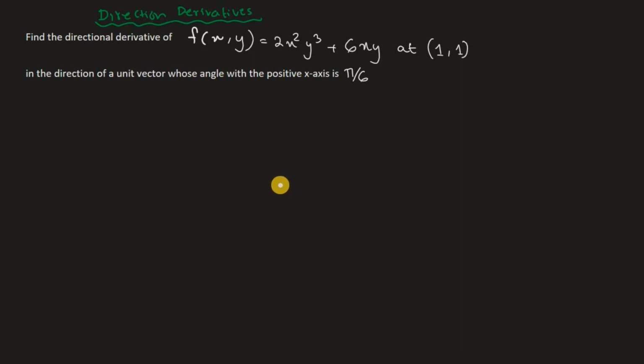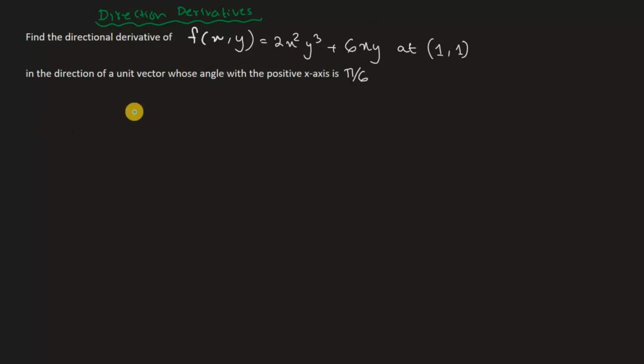So in this video we're going to go over directional derivatives. Alright, so we have a problem here. It says find the directional derivative of f of x, y, a function whose equation is given here, at the point (1, 1) in the direction of a unit vector whose angle with the positive x-axis is pi over 6. Alright, so to find the directional derivative, this is the formula, and this is the only formula that